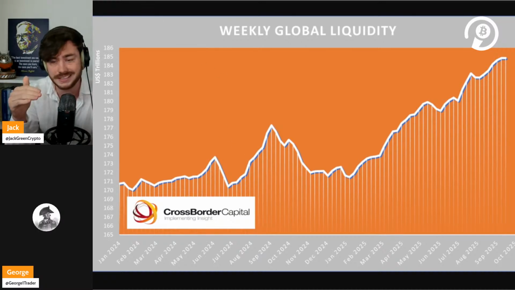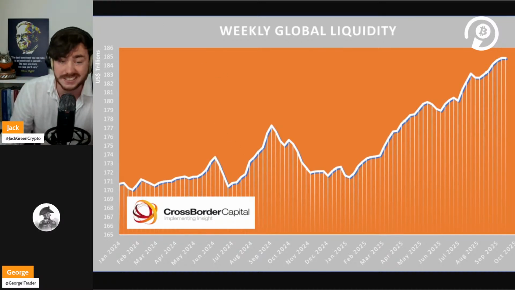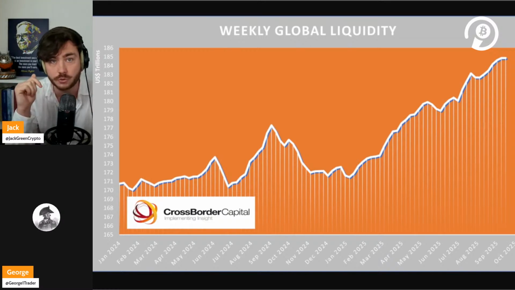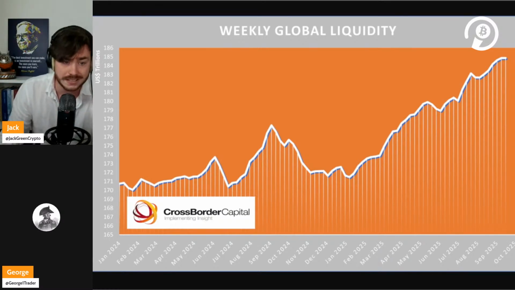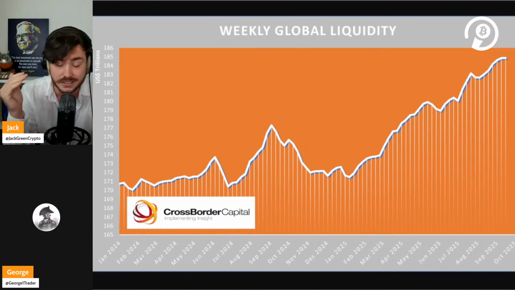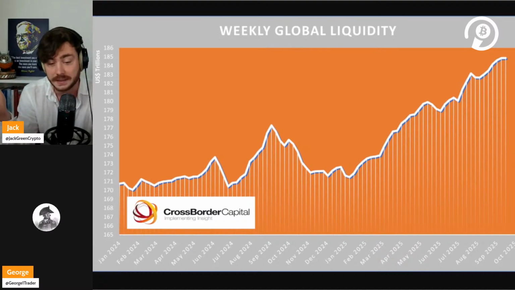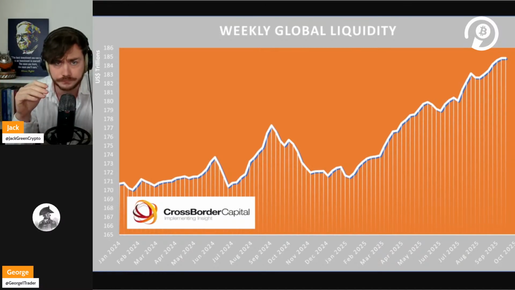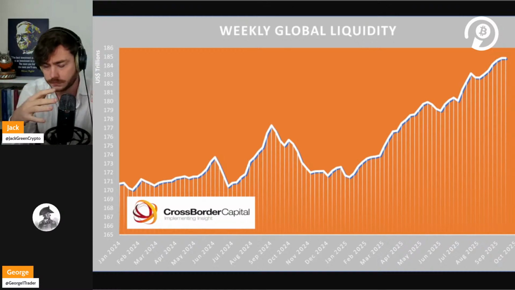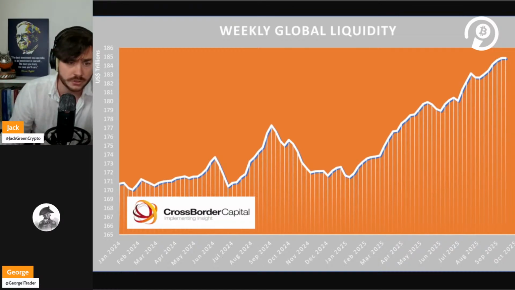At the moment, global liquidity is slowing down, but it's still at an all-time high of 184.9 trillion US dollars. And if you see this annually, we had a growth of 5.3%. So why is this? Global liquidity is still going up, but it's not because of the Fed or the US. It's mostly because of China. The PBOC, the Chinese central bank, is expanding liquidity, which is good for global liquidity. And as well, of course, the dollar. Everyone knows the DXY is super low, and when the DXY is low, that's also good for global liquidity. And then, of course, also the bond market.